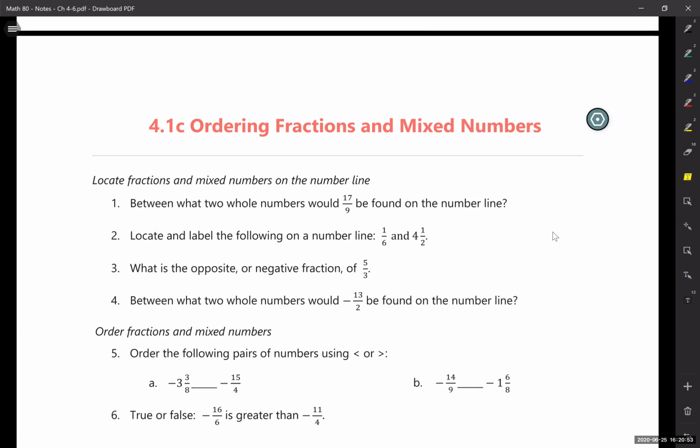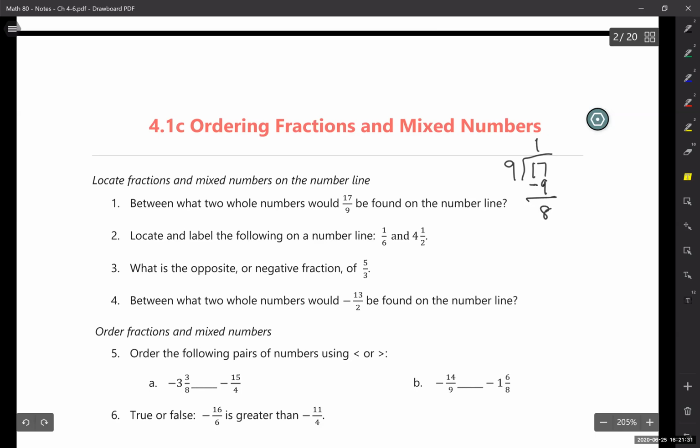So finally, 4.1c, ordering fractions and mixed numbers. This is going to be focusing on the number line and then less than and greater than signs. So first of all, it says between what two whole numbers would 17 over 9 be found on the number line? So first I want to think about what 17 over 9 is. So I'm going to find out what that is as a mixed number. 17 goes in, 9 goes out, and then I see it goes in 1 time